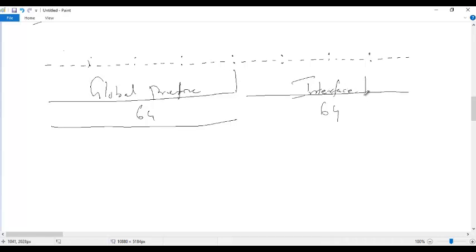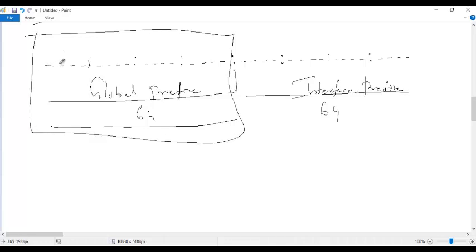So the first 64 is the global network prefix. Second, this 64 is the interface prefix. It's more than enough, I tell you. Today, the world is having IPv4 and it is only 32 bit. You just got both the host portion and the network portion in it. Here the network itself is 64 bit. It's too much actually.